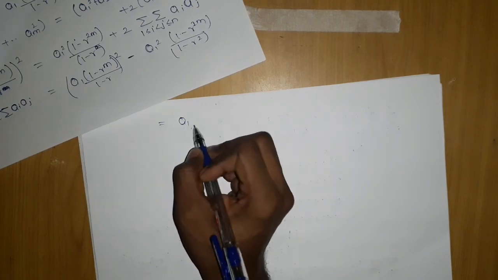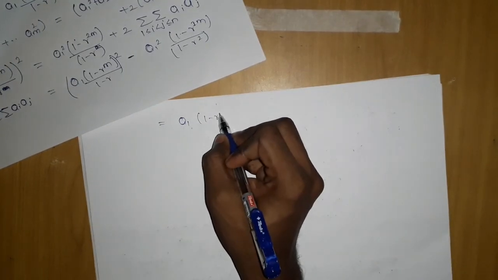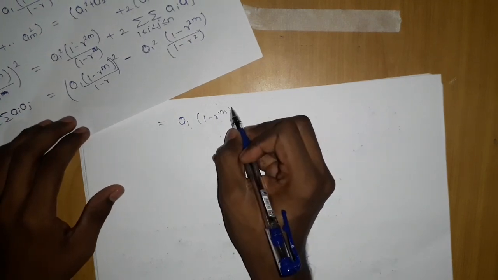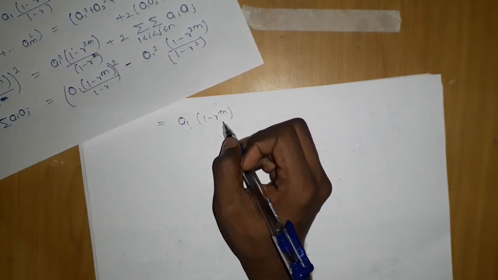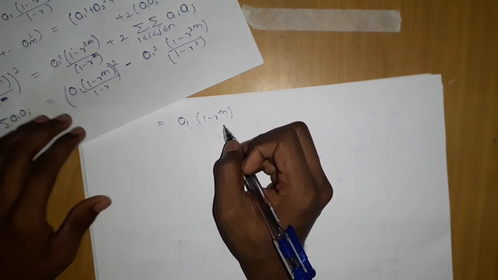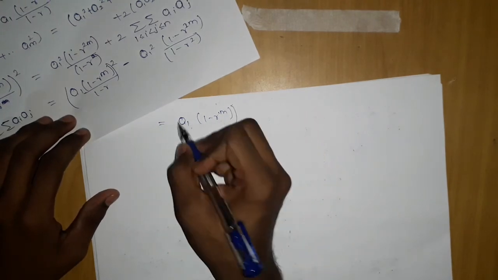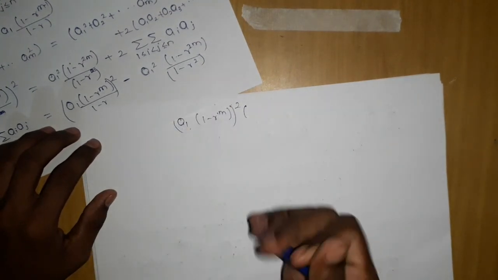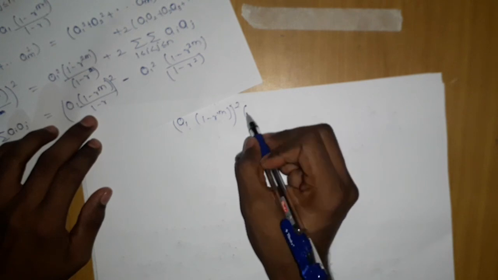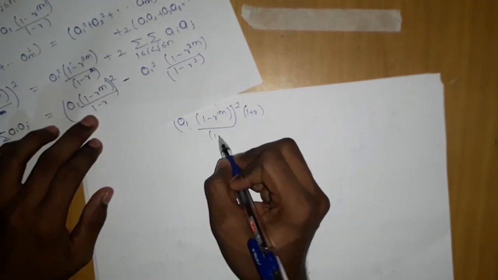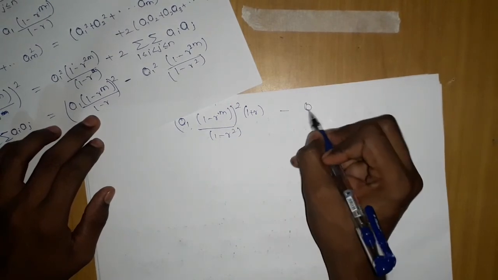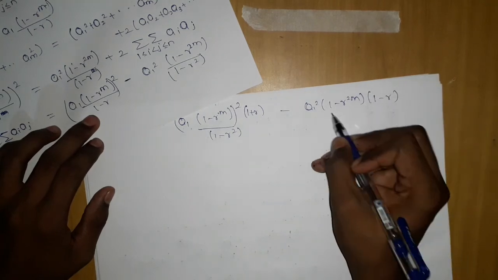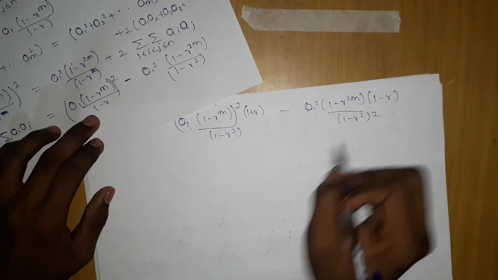If I do here 1 minus r^m, it is a whole square. So what we can do here is, this is the whole square, and if I want to make both the same, 1 minus r square is nothing but 1 minus r into 1 plus r. If I want to make it 1 minus r square, I have to multiply it by 1 plus r. Similarly here, r^(2m) into 1 minus r, then it will become 1 minus r square the whole square.